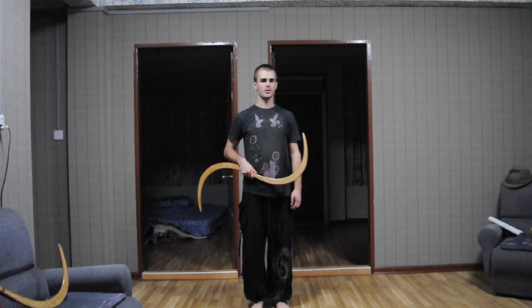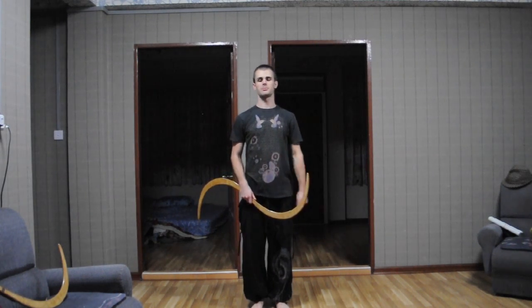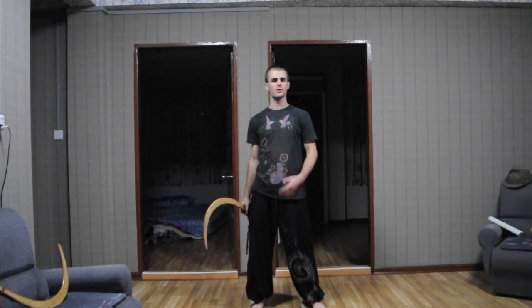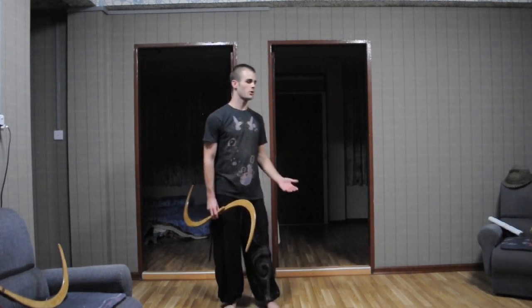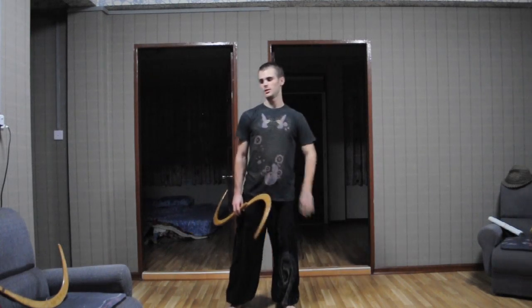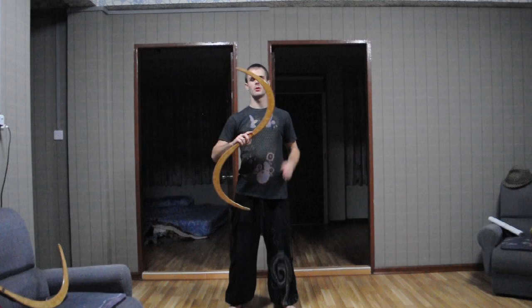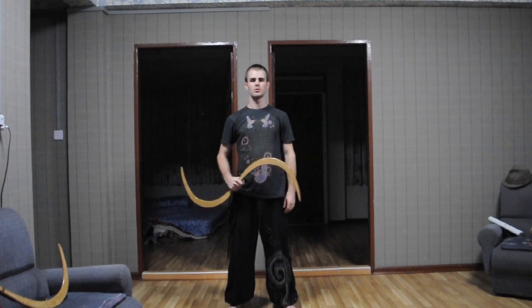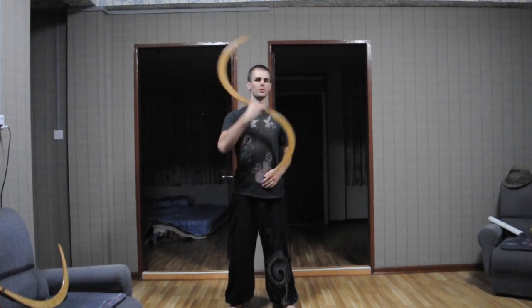So my last tip, just to keep things simple on this episode, is something that you will think about more and more as you put together how much physical exertion you use for each move and how much you connect with the Buugeng. As you spin more and more, at least for me, I end up thinking about both sides, both blades, and where they are. So in my more complex moves where I'm tracing,